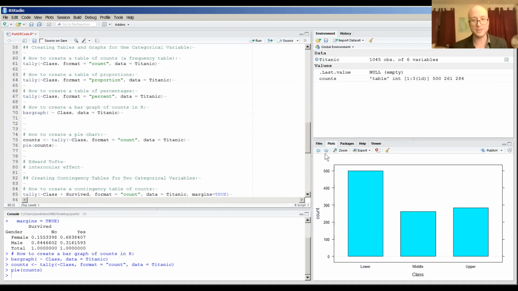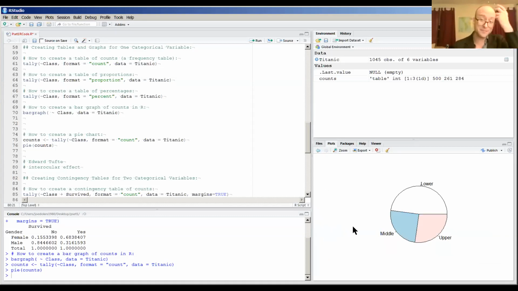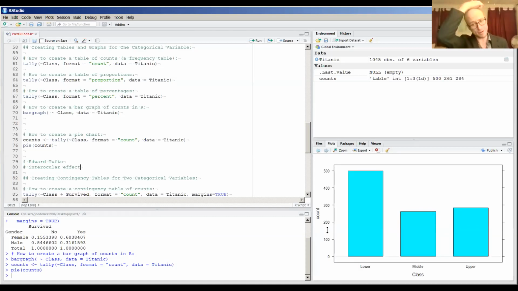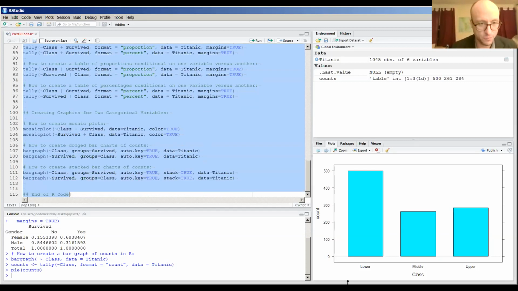If you want to obscure class differences, maybe if you're in the shipping industry and you wanted to minimize the impact, this is how you lie with statistics. You could show a pie chart that sort of says, yeah, it's a little bit higher, but they're all pretty large groups. But if you look at this, it has a larger visual impact. It also has numbers. It's also more informative. Anyway, we could talk more about that, but unfortunately,